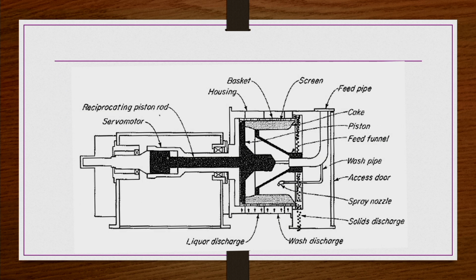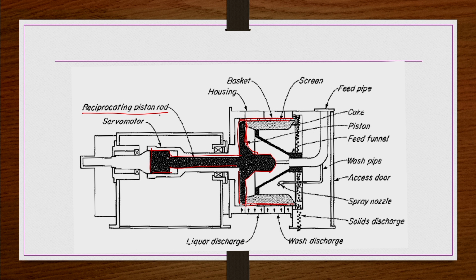So, pictorially, the process is exactly the same, but the only thing is that in the previous case there is no reciprocating pusher. Let us say we have the centrifugal bowl wall here, which is rotating, and it can also be reciprocated by a reciprocating piston rod here. So, this is what is provided.